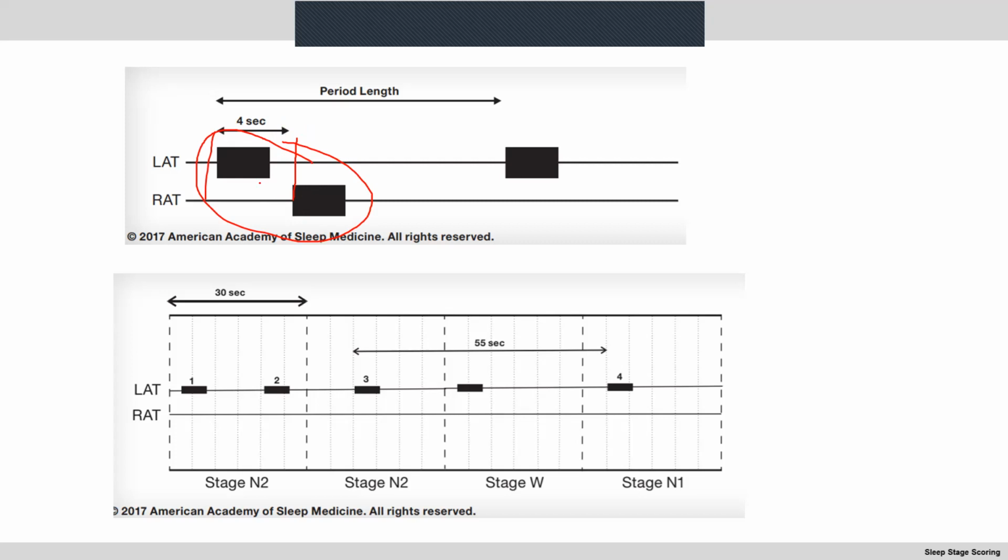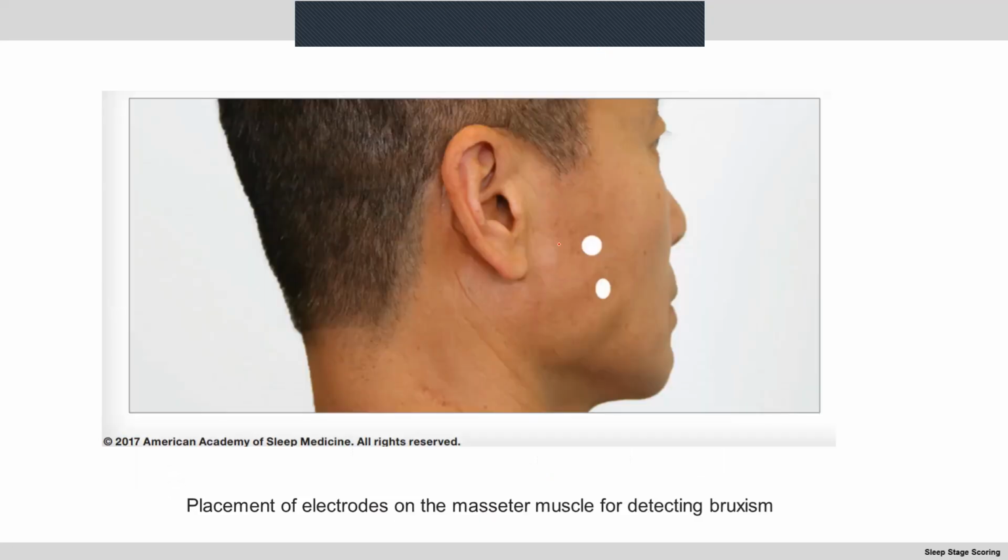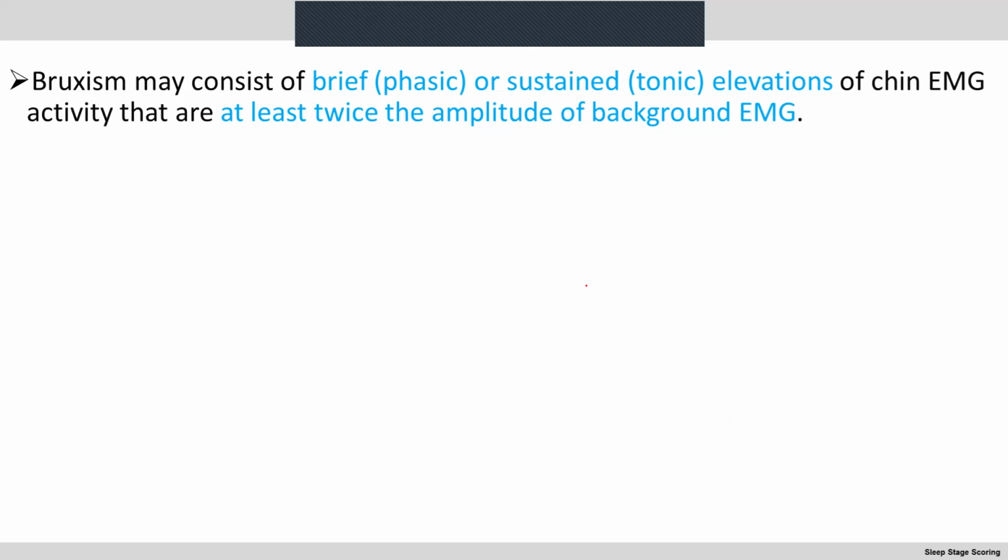Like this, this is one leg movement and this is another leg movement. During stage wake, we need not score it as a leg movement. If 4 leg movements occur consecutively, then we call it a periodic leg movement series. So this is how you do it. For bruxism, place the electrode at the masseter muscles,